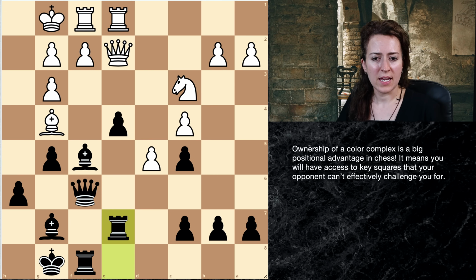But in that case, what should white be doing in this position? It's not clear. Looks like black has quite active bishops and, actually, good coordination of all his pieces. And this rook is sort of not doing much on f1, right? So basically black is doing fine. He just needs to consider that losing this pawn is not all that important and nothing needs to be done about it. All right,